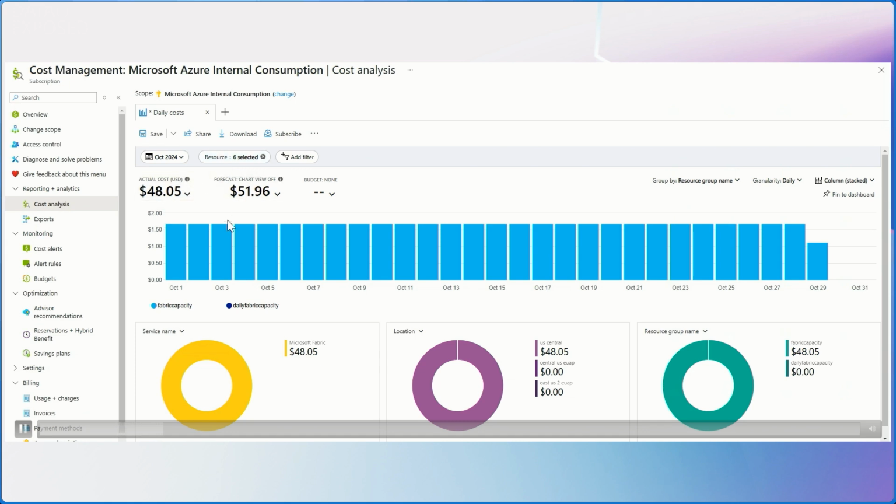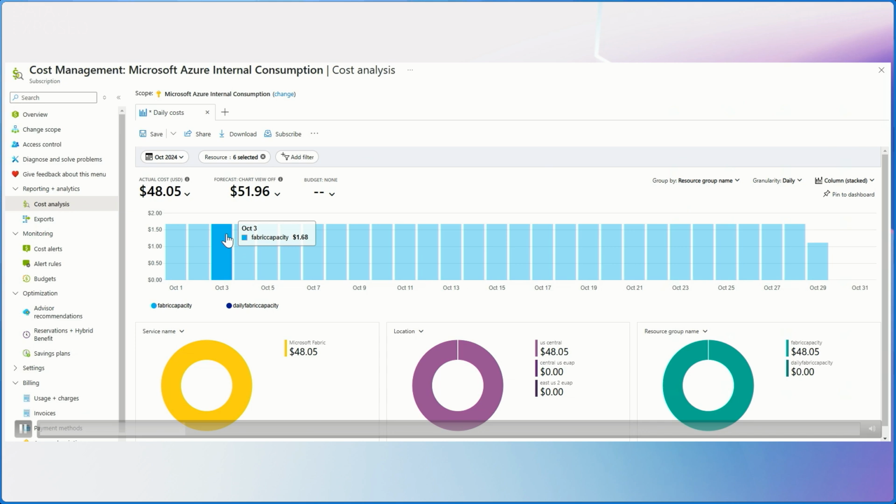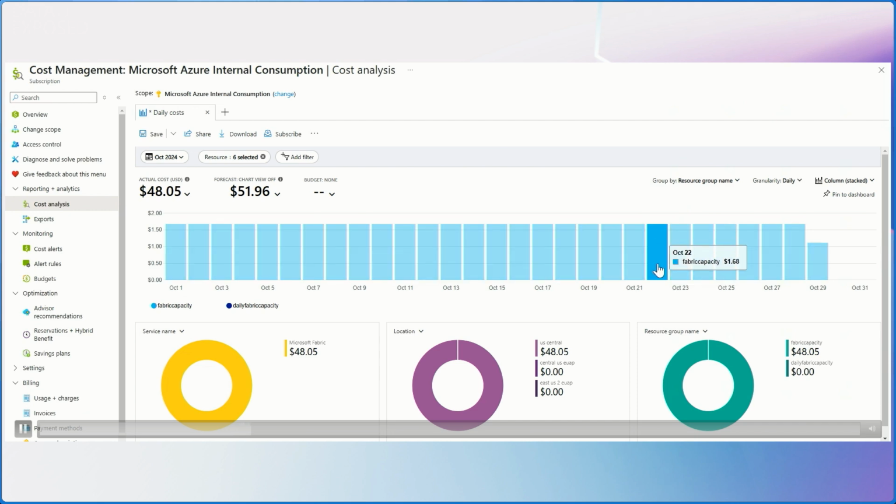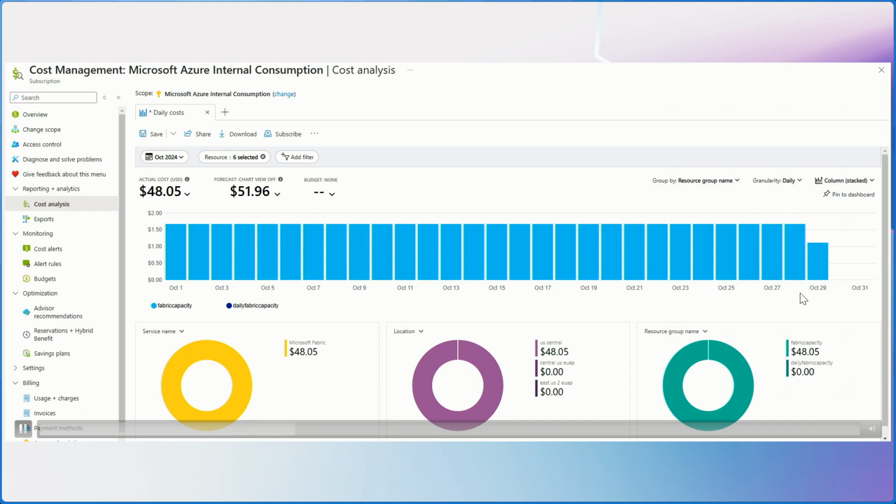I see that the overall cost is somewhat low. In total, it's $48. But I also see that daily costs are like $1.68, but it's pretty flat over a period of time. So one of the indicators that I get is my capacities are probably underutilized. So when I would want to make a decision that if it's underutilized, I would go back to Capacity Metrics app, look at why it's underutilized, and make the decisions to allocate and optimize all of my resources there, and then come back here. Once I've done that, I'll see that there's a steady ramp to my utilization.